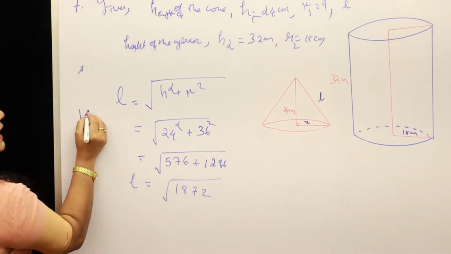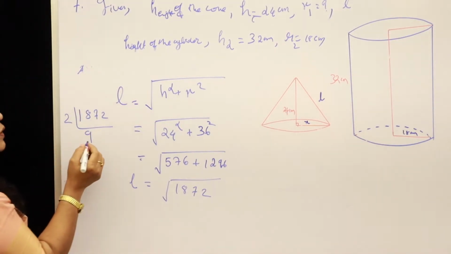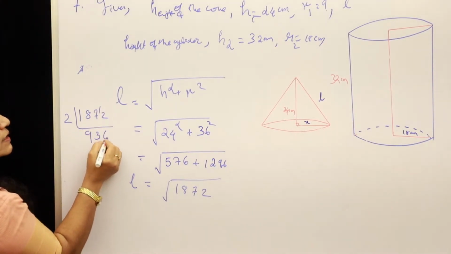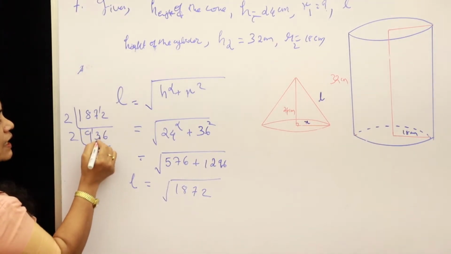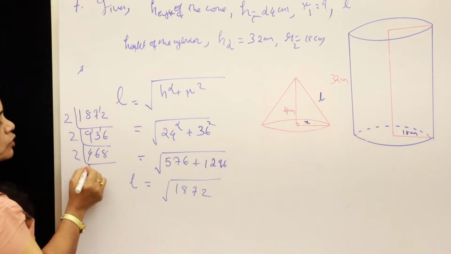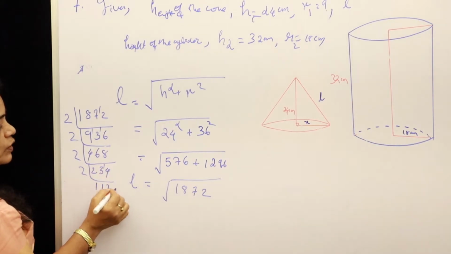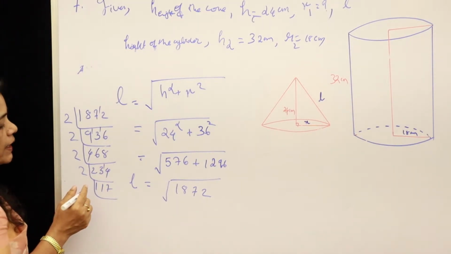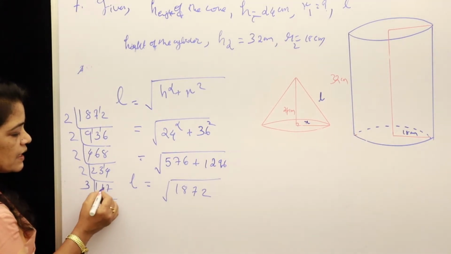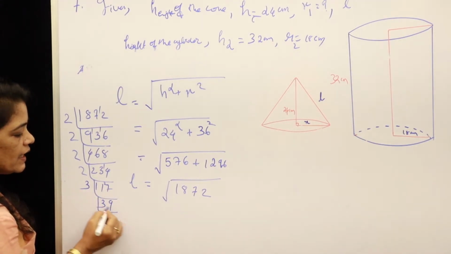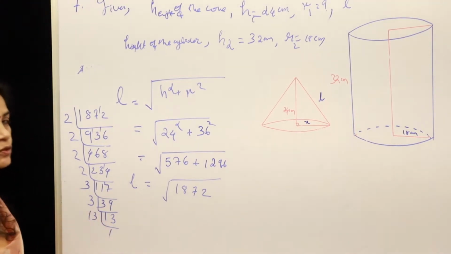Okay, so 1872, being an even number, now you can divide with 2. Then 3 and in 12, 6 times. Again with the 2, 4 8 and 13, 6 times. And 8 16, 2 3 4, again with the 2, 1 1 7, 14. And now we can take 2 as a prime number. Sum is multiple of 3, that is, you can divide with 3. 3 3s are 9 and in 27, 9, 39, again 3 1 3. 13 is a prime number. Okay, so you will get 1.